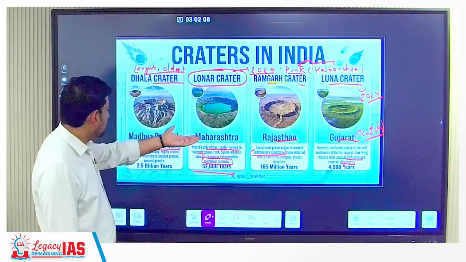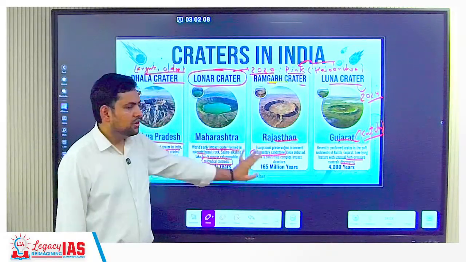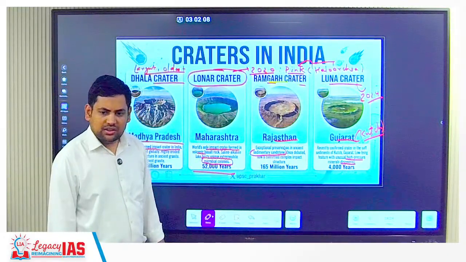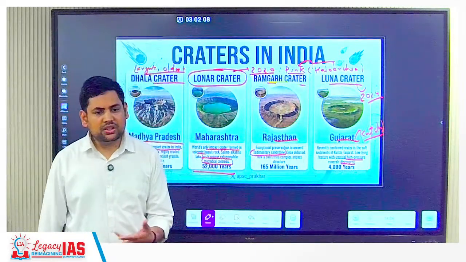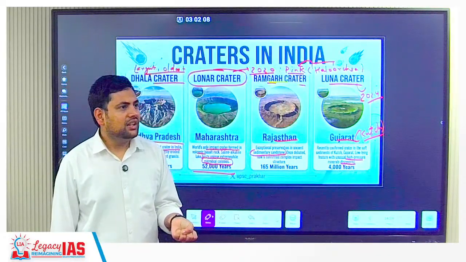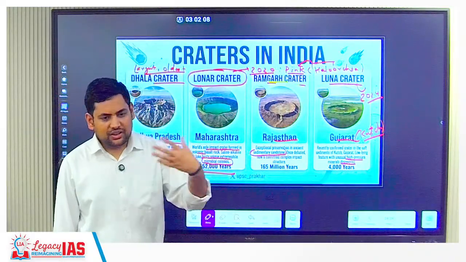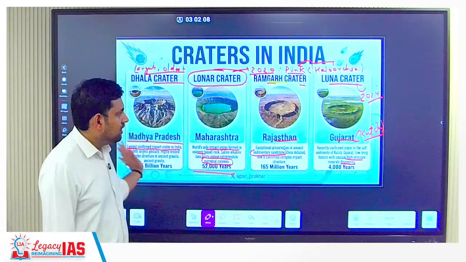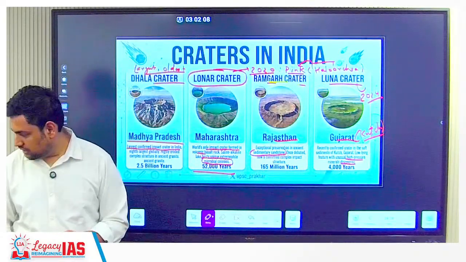This one you need to know a little more in detail. This is the largest and oldest. Ramgarh is in Rajasthan. They won't go beyond this. This is much more than what you will ever be asked. This is about the different structures that we have. There are also many mythological ones, but those are not proven as of now. You might have heard of a Shiva crater, somewhere in Maharashtra. They have a mythological story around it, so those are still under testing. These are the 4 confirmed ones. I think this is it. That's it.